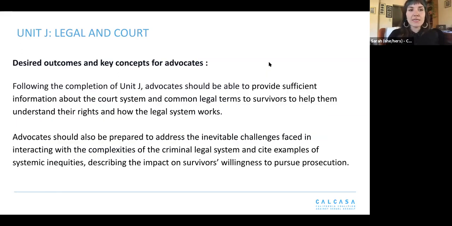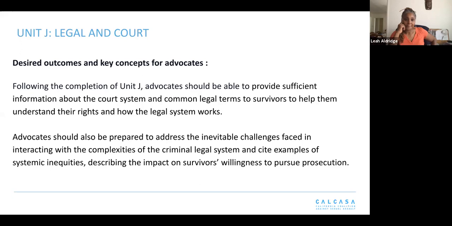These are our desired outcomes and key concepts for advocates. This is what we're hoping folks will walk away with after the completion of Unit J, Legal and Court. Advocates should be able to provide sufficient information about the court system and common legal terms, so some of that decoding, to victim survivors to help them understand their rights and how the legal system works. So it's really important that advocates walk away from this unit feeling like they can talk somewhat intelligently about how the process works, perhaps who is the deciding person in terms of pressing charges